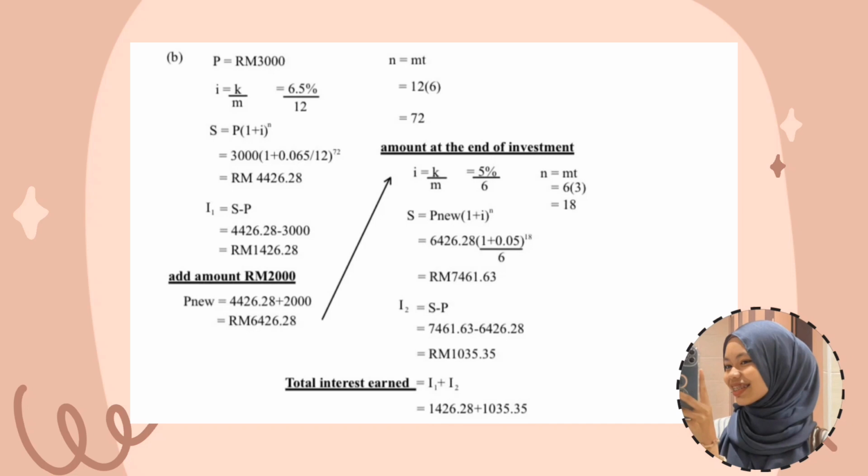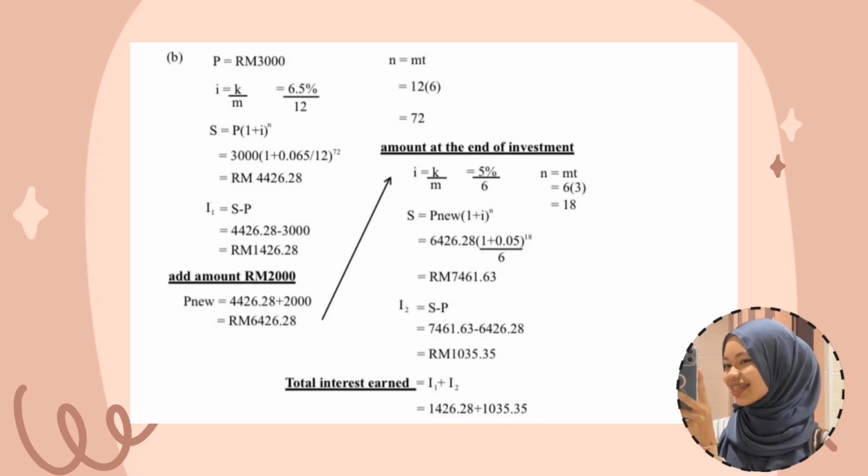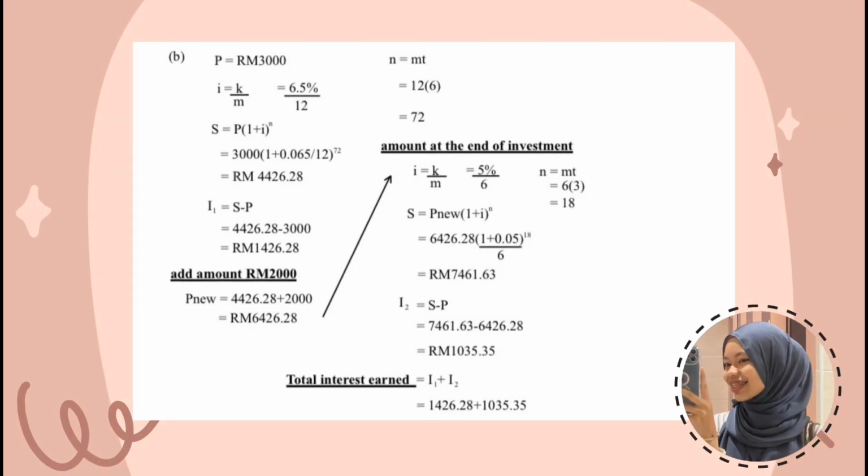I1 equals S minus P, which is 4426.28 minus 3,000 equals RM1426.28. Then he adds an amount of RM2,000, which is P new equals 4426.28 plus 2,000 equals RM